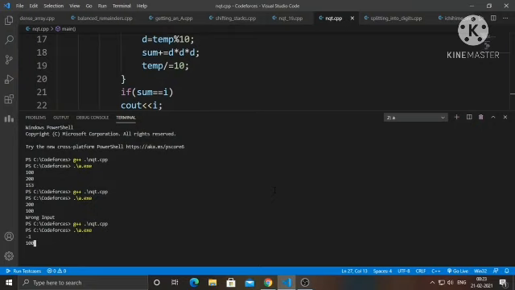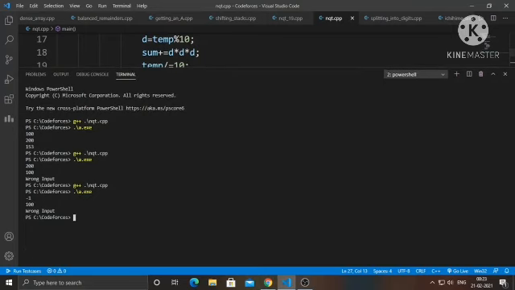If any one is negative, then it will print wrong input. As you can see, the program is correct and the outputs are perfect.